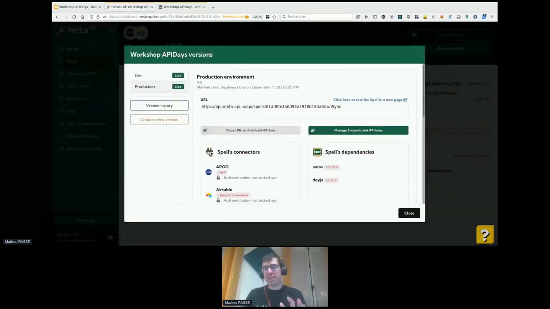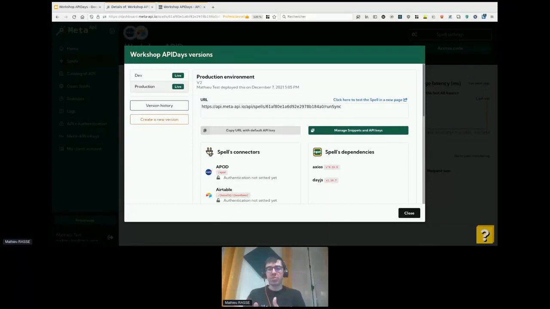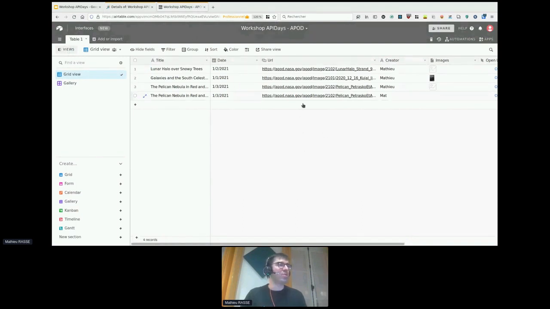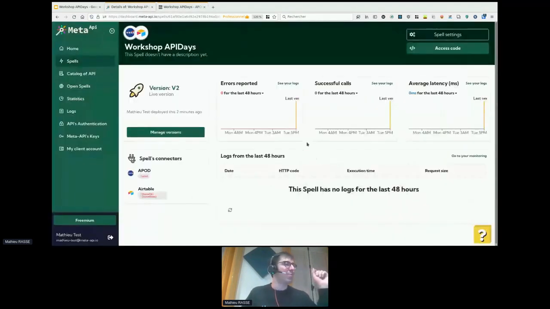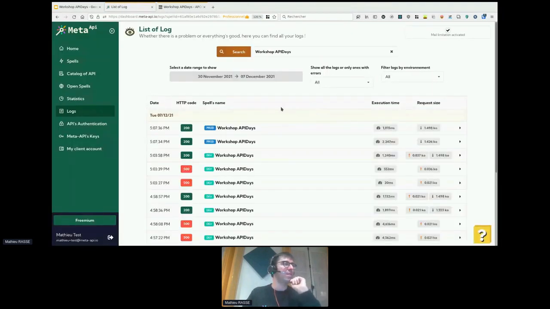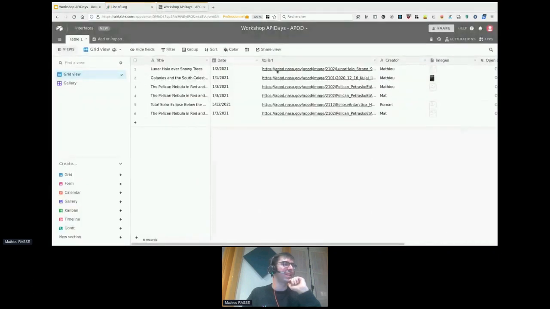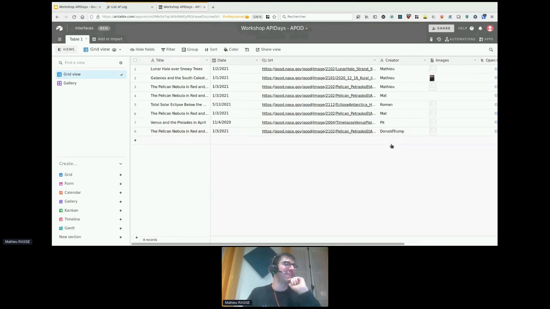And you just have to copy paste it on your navigator, and for example, change the date, change the creator name, and we will see if some of you will be able to push some data. And meanwhile, we will go right here to see some logs. And oh, okay, we already have 2 calls which have been made. Okay, Roman did it. Pete, Donald Trump. Donald Trump is with us right now,